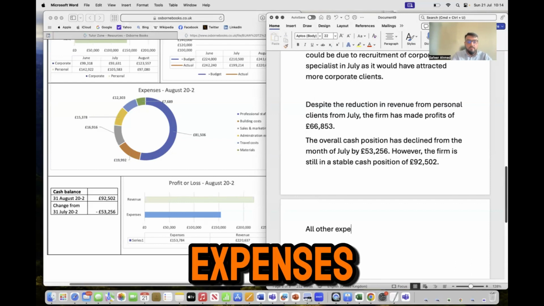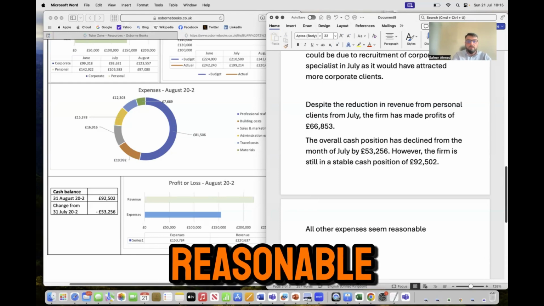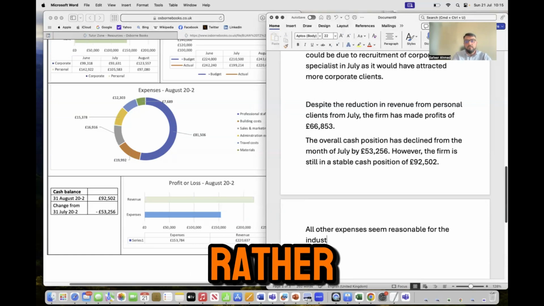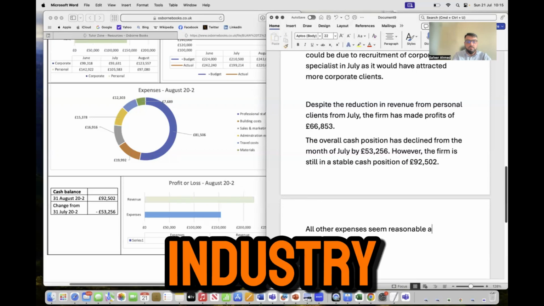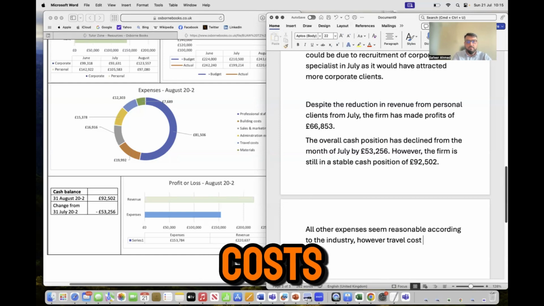So you can see that, in terms of the expenses, you can say that all other expenses seem reasonable for the industry, or rather, according to the industry. However, travel costs